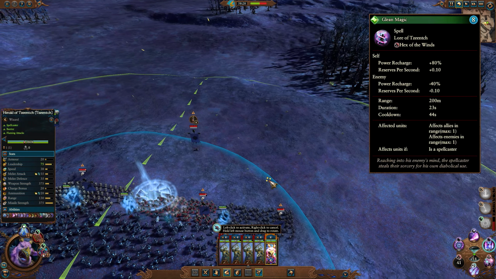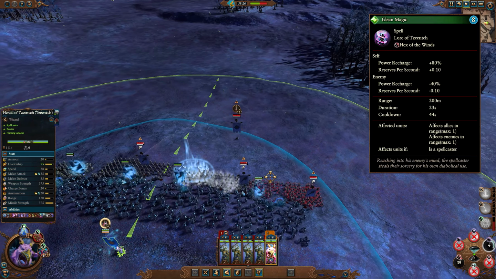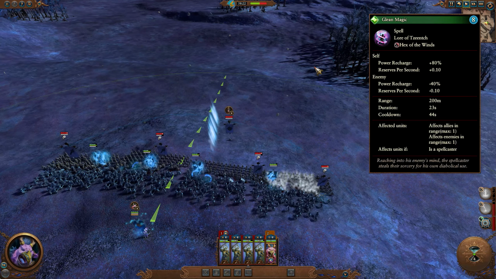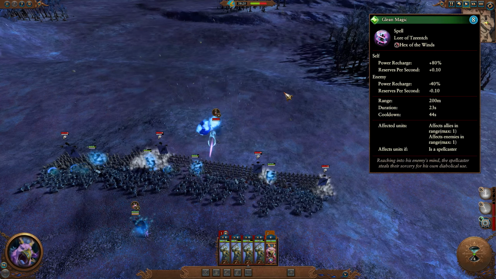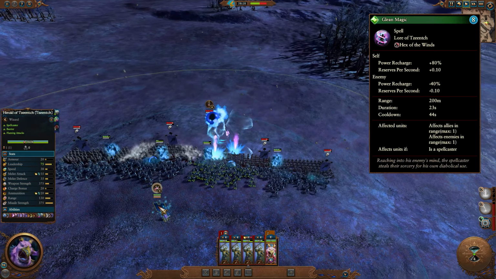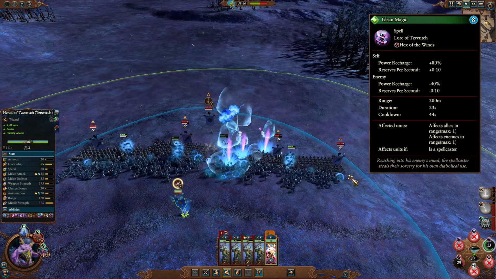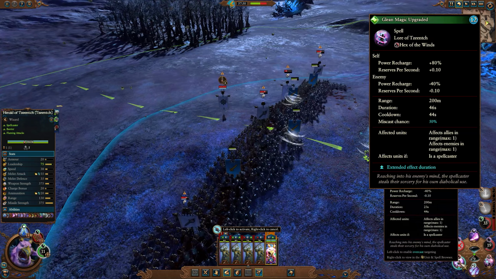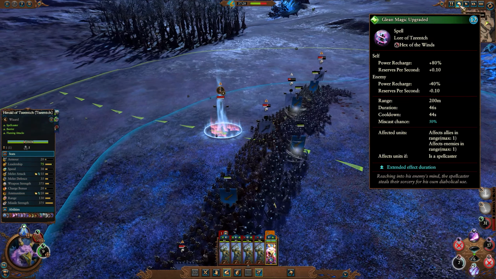Now the extra wins you get, according to my maths, actually ends up being a net loss, since 0.1 reserves a second for 23 seconds is only 2.3 wins. But if you're playing Siege right, your reserves should go deep anyway, so that power recharge will really come in clutch and get your casting pool back up to full in no time. The overcast costs 12 and increases the duration to 46 seconds, so still only 4.6 wins according to